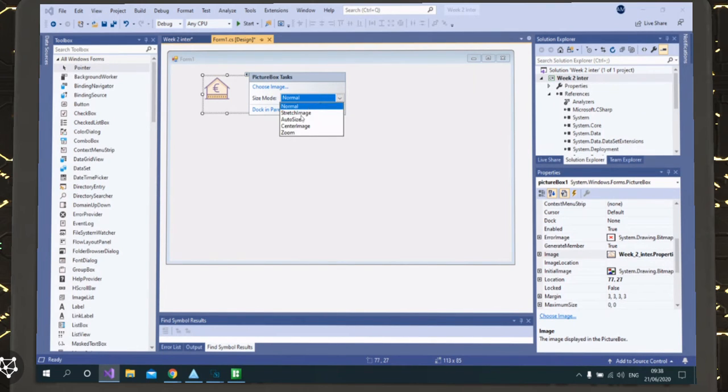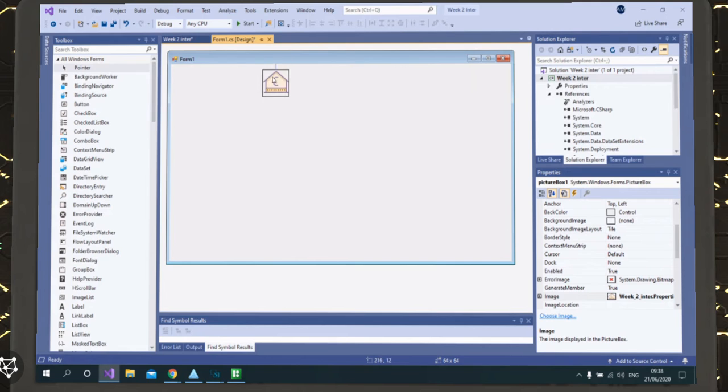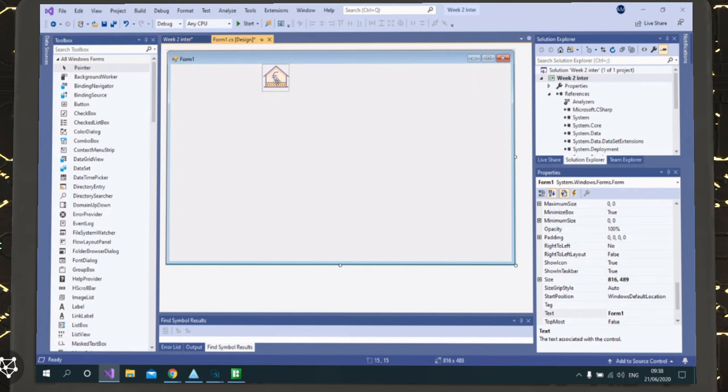You can change it to auto size or zoom or stretch. It's just maybe for decoration, or you can use it with click, so you can use it as if it is a button. But anyway, just to show you this one,